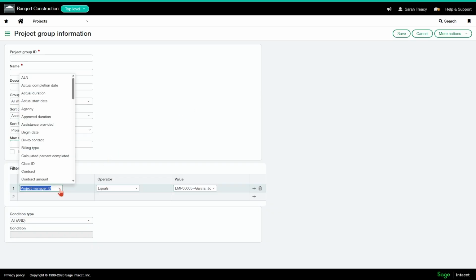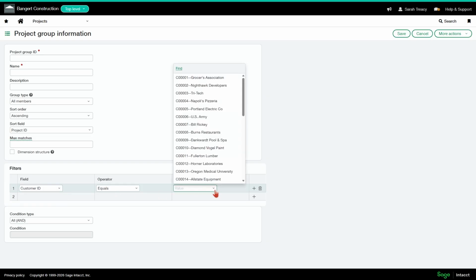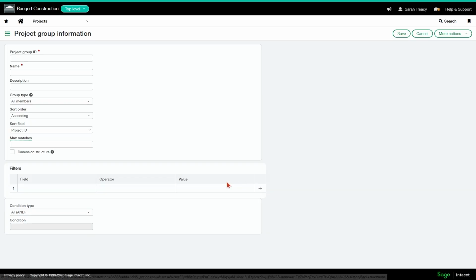Another example would be if you type in customer ID equals, and then drop this down and pick whatever customer, Nighthawk developers, for instance. Then I could put a filter on a dashboard that shows me only the projects associated with the Nighthawk developers customer. That's just an example of the type of filters you can set up.